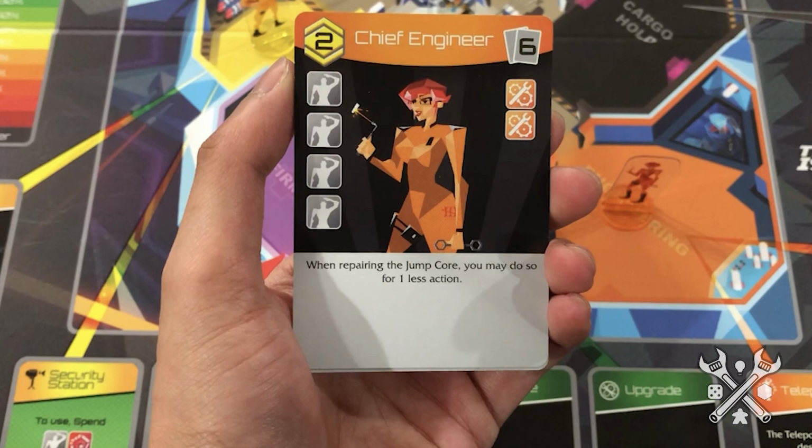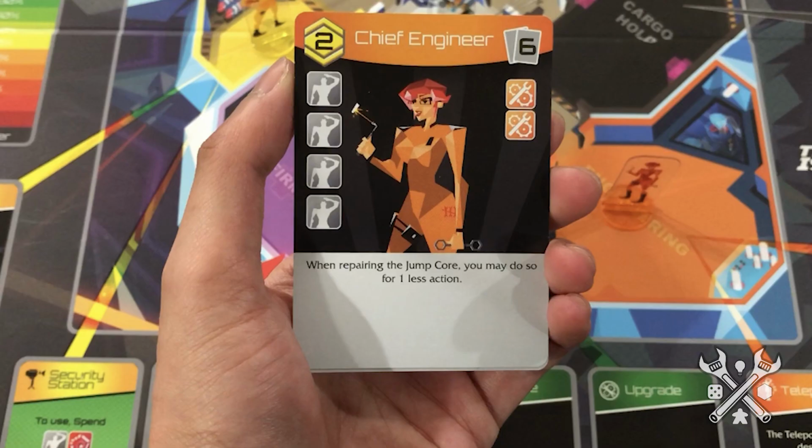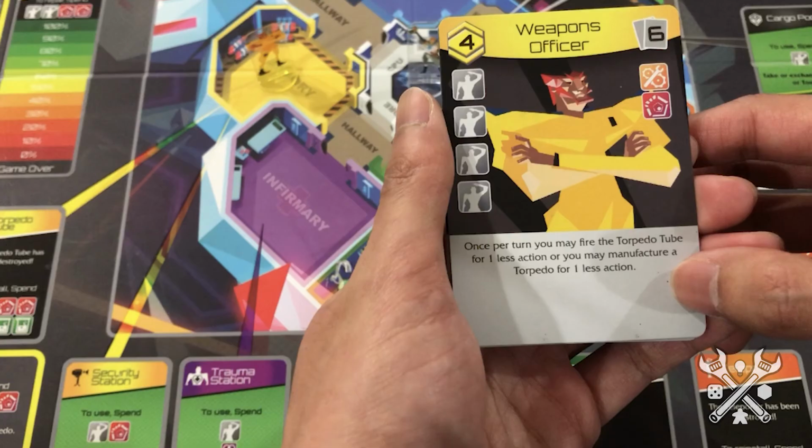Normally, if we pan back down to the jump core, we can see that it costs 2 actions and 5 engineering power to move the bar up 1 level. Once we get it to the top and engage, the game is won. But until then, it's a pretty costly thing to do. A lot of time and saving or managing of resources to make that happen. But again, the chief engineer can do so quite a bit more easily. The weapons officer can fire the torpedoes